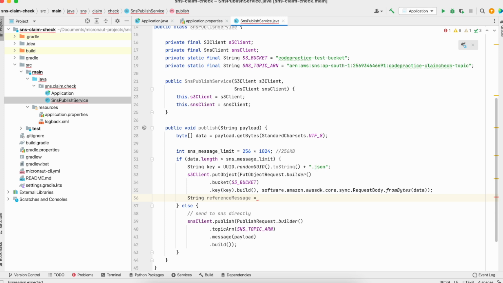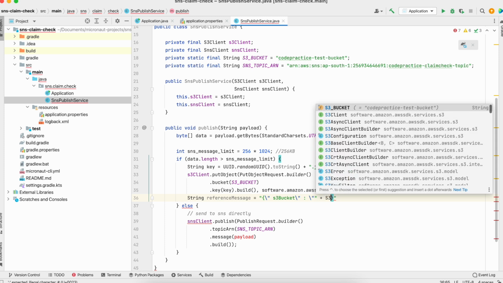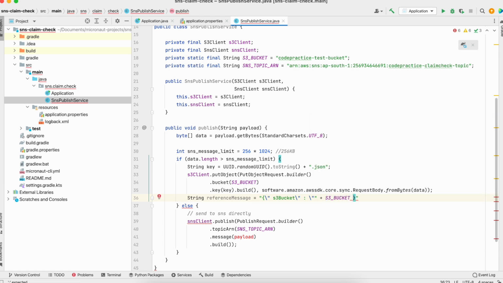So this will be our metadata, and here we will create a string, and then we will say our S3 bucket, and this is our S3 bucket, colon, then we will separate it by this, right, and then plus S3 bucket, right, then we will have this escape string, and we will